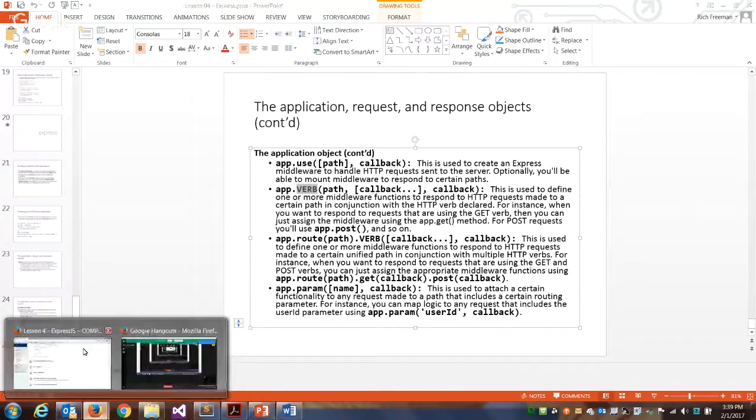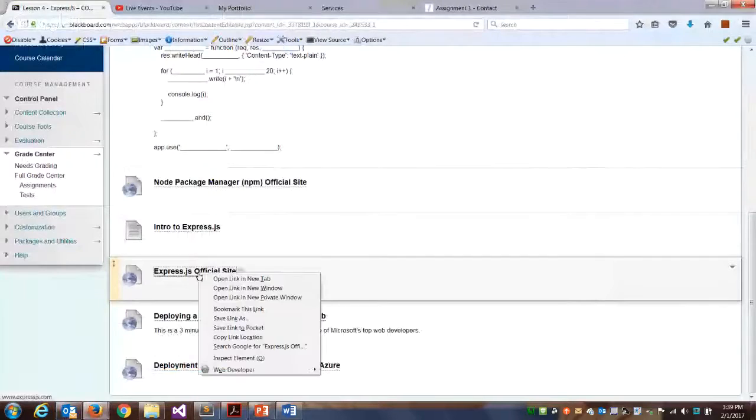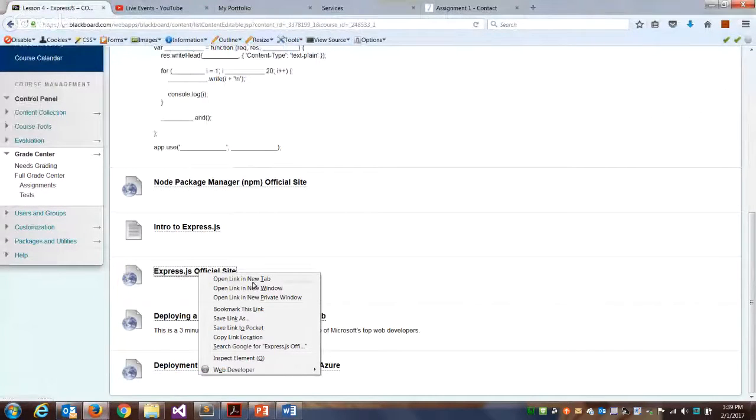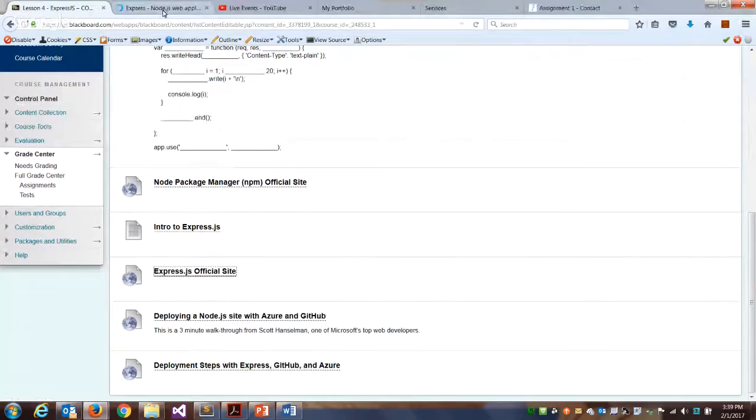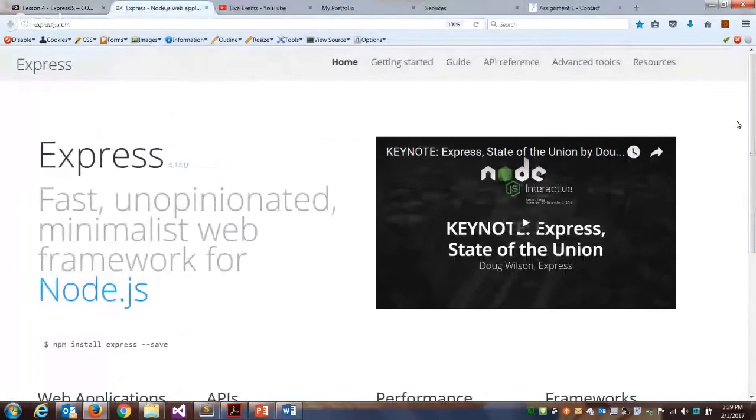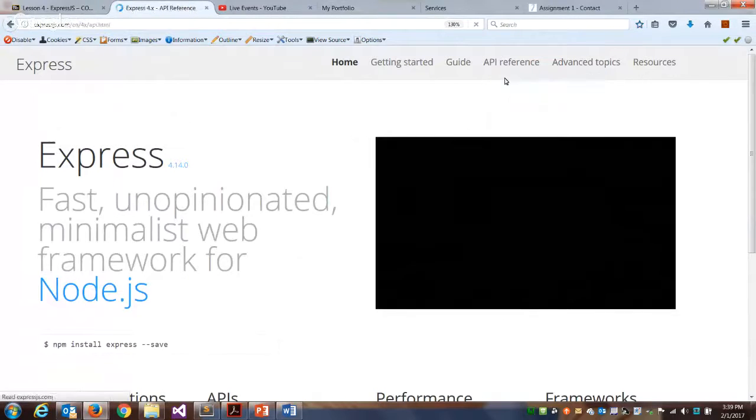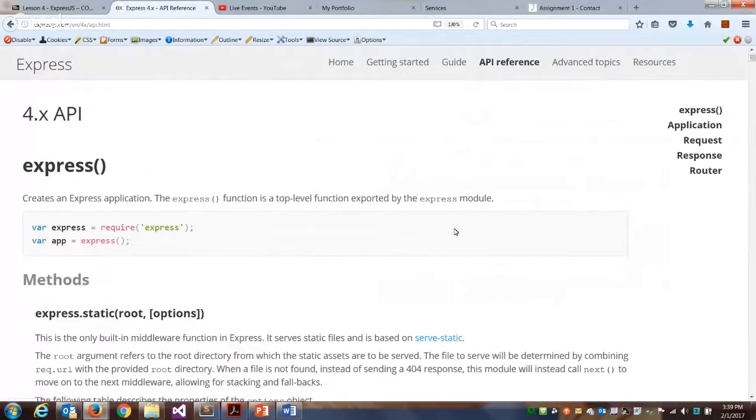So I'll just mosey on over for a minute. I'm just going to click on this. I gave you the link to the official Express homepage. So let's have a look at what's here for a minute. This page is really good. It's really clean and simple and easy to find stuff, which I like. And they have a few really simple examples, which we'll go through together shortly. But inside of the documentation, which is this API reference,